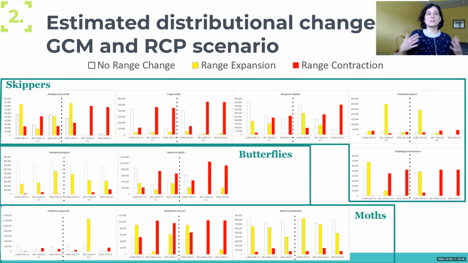So in other words, the potential effect of climate change will be very species specific. At least these models project species specific effects of climate change, and also illustrate the variation of these projections depending on which global circulation model we use, and which emission scenario we use. So very different results.